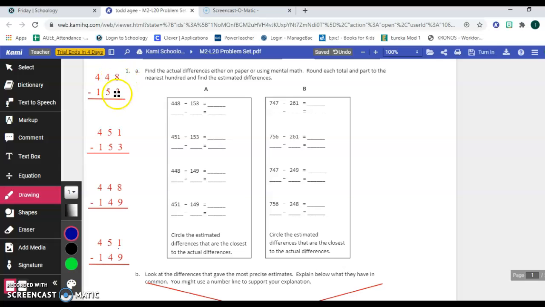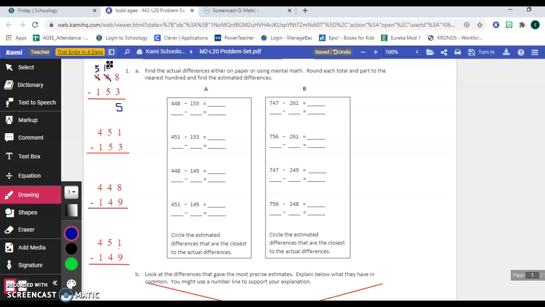Okay, so 8 is greater than 3. I can subtract 3 from 8. That gives me 5. 4 minus 5 is not something I can do using the standard algorithm. I can do that problem using just a number line or mental math, and I recognize that it's negative 1, but negative 1 isn't going to work in this standard algorithm. So